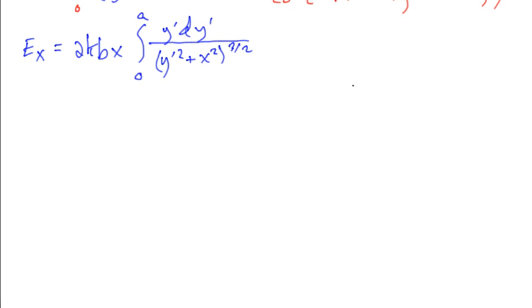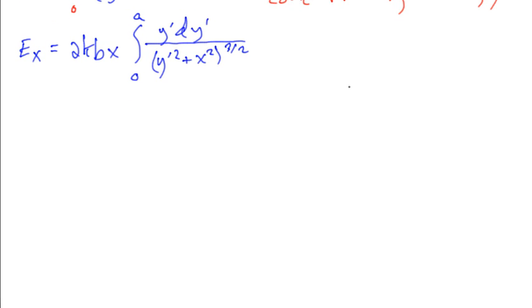I just have to find that integral on the formula sheet. There's one that's the integral of x dx over x squared plus a squared all to the 3/2. So our x in our actual expression is going to be playing the role of a, and our y prime is going to be playing the role of x. So from the formula sheet,